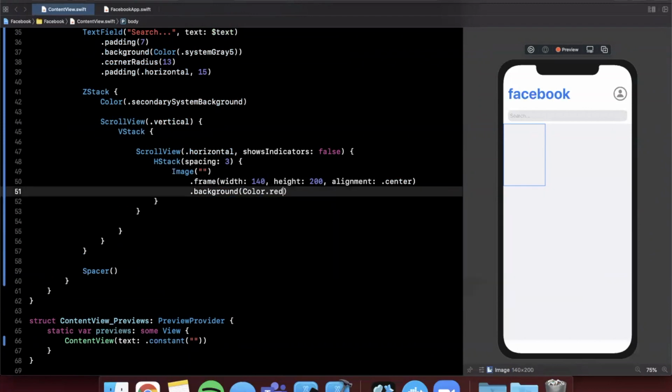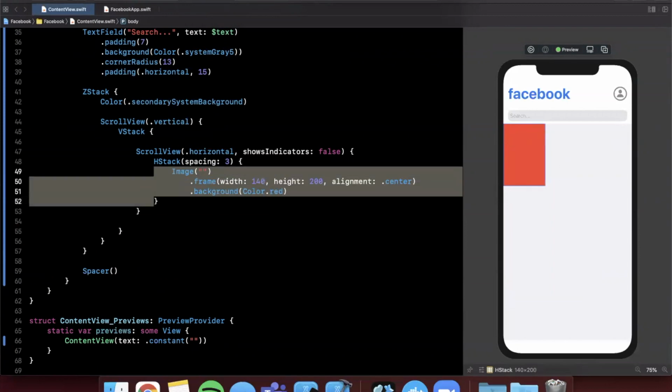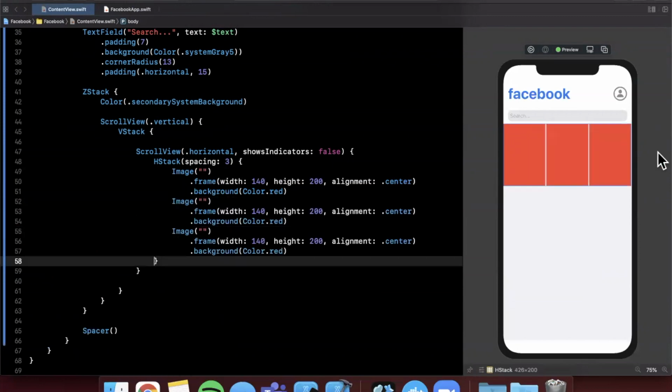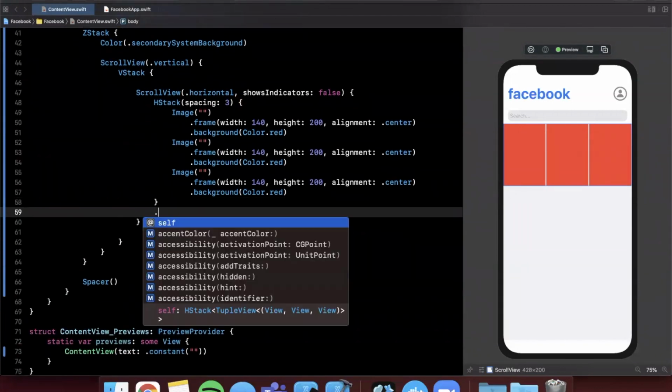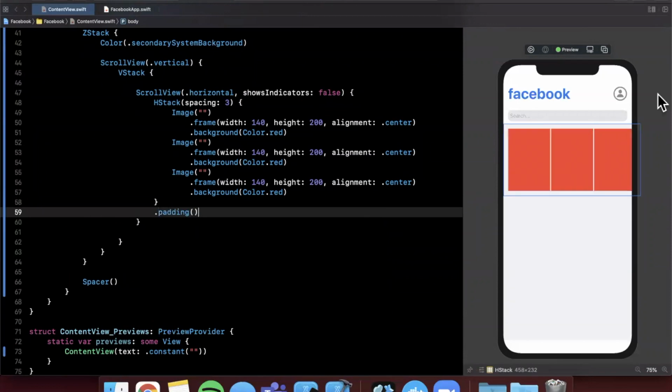So here we'll go ahead and say we give it a color of red. And it looks about right to me. Let's go ahead and copy and paste this, let's say 2 more times. We see we have our stories next to each other, but I don't like how this is flush with the edge of the screen. So we're going to use our trusty modifier and go ahead and give this some padding